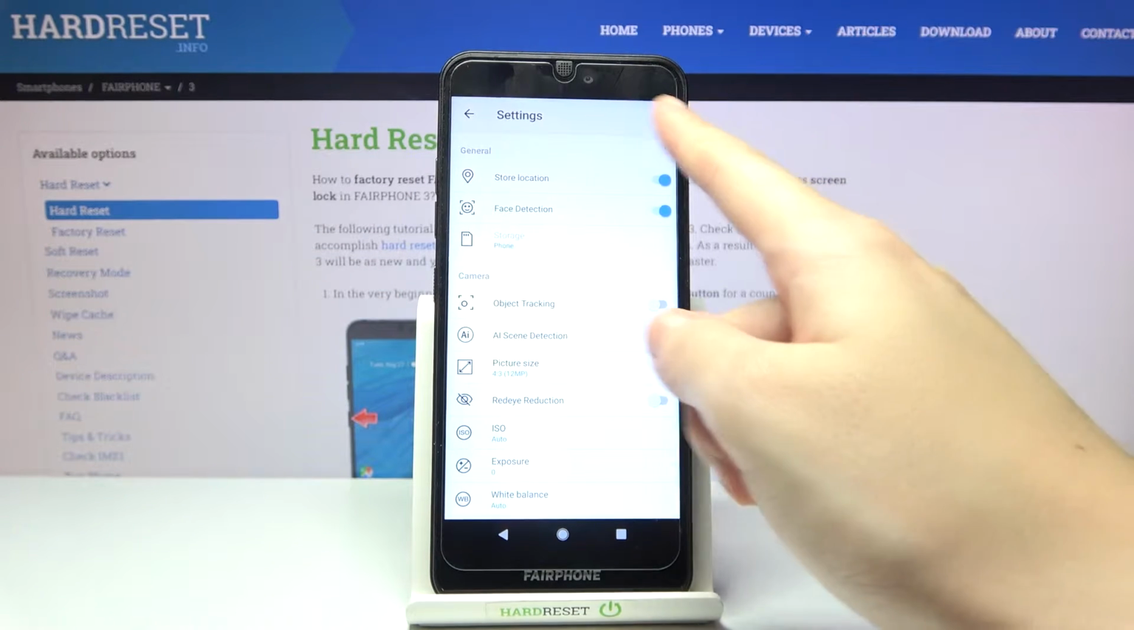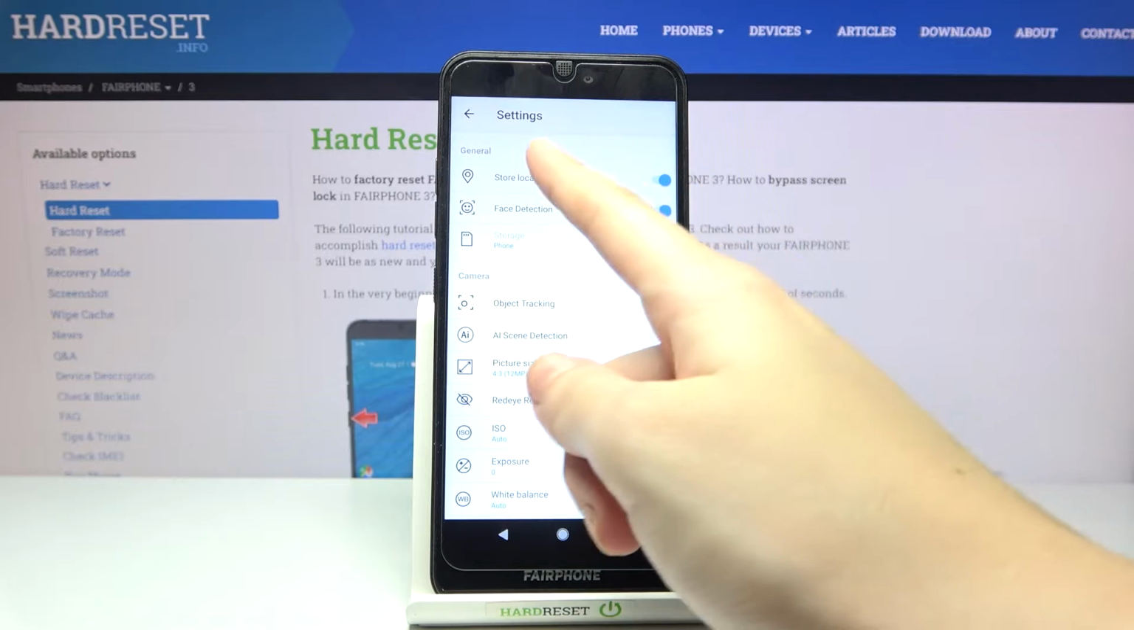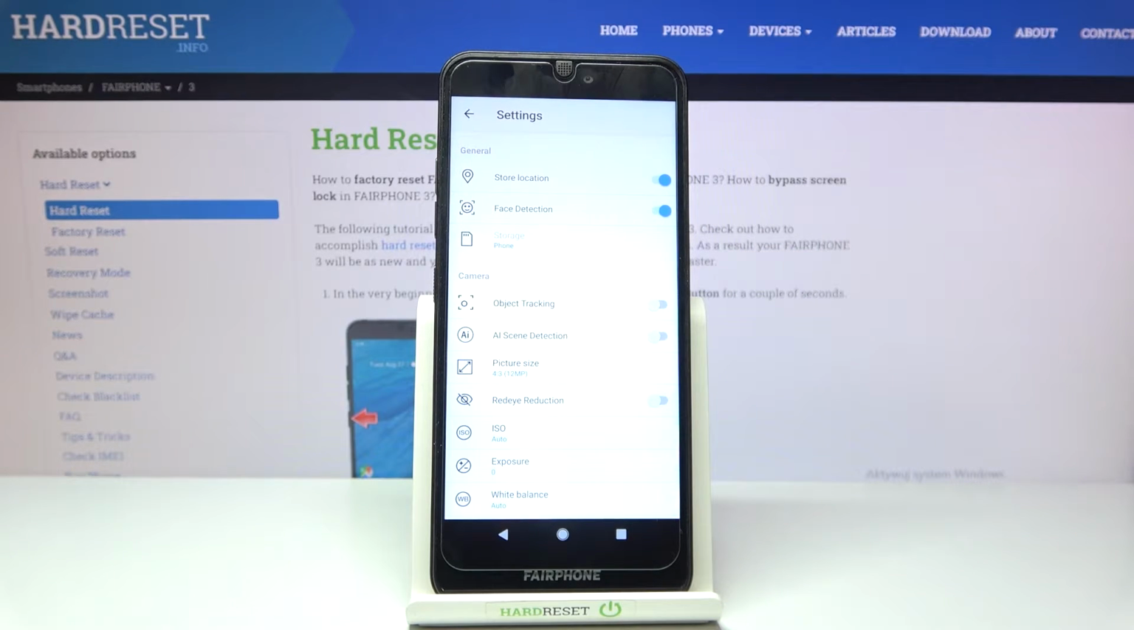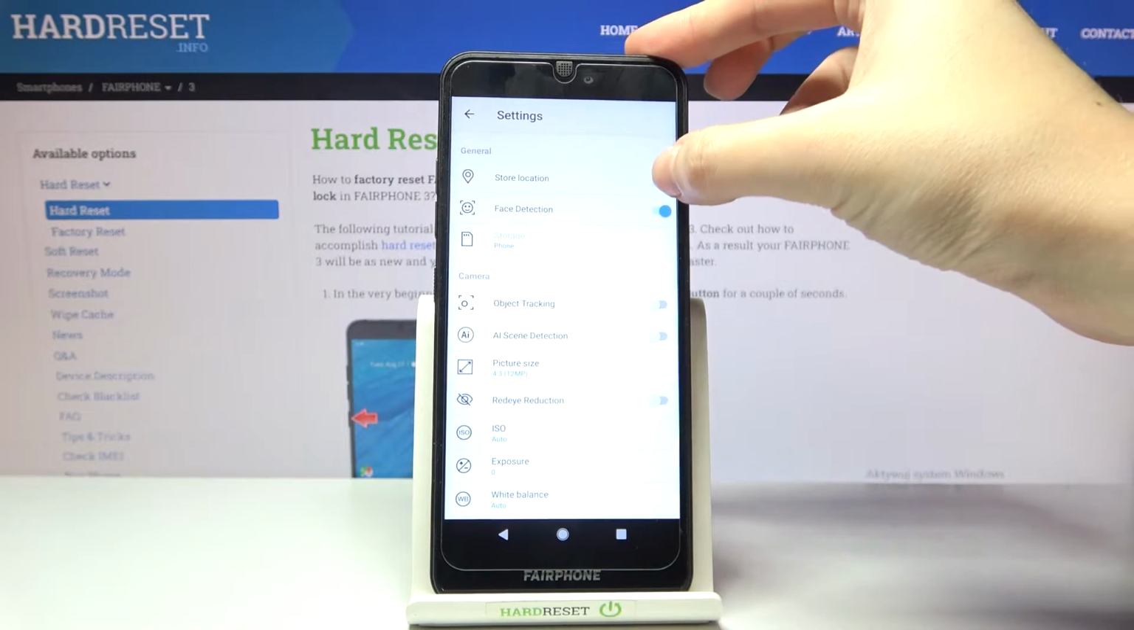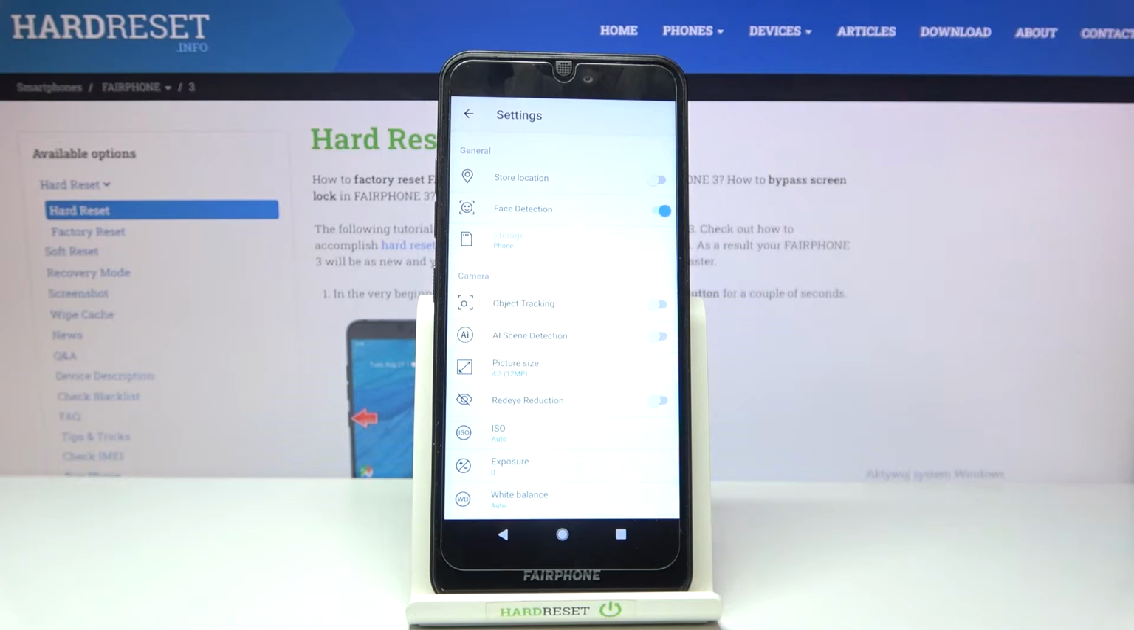Now we have to focus on the general category. At the first position here we have the store location option, which allows us to save the information about the place where we take a picture in the details about it. By using the button on the right we can easily turn off the location tags or turn them on as